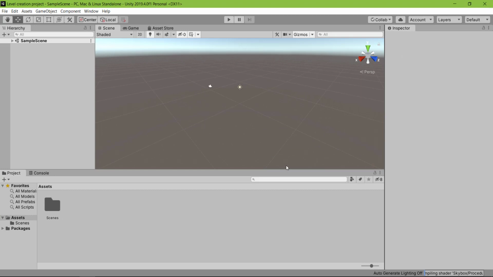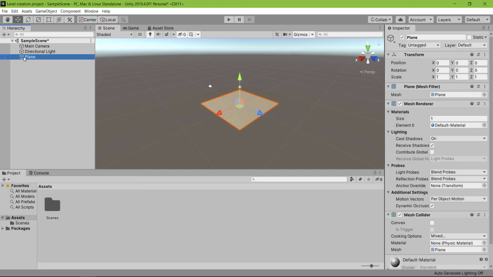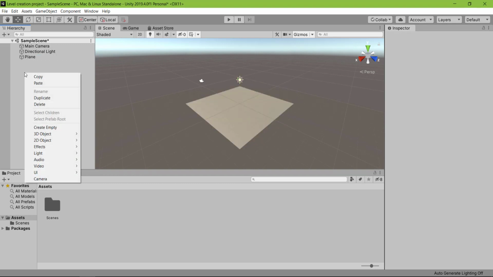Okay, so let's try making a traversable player character. First I am going to create a 3D plane. Okay, let's imagine that this is the entire level of our game.